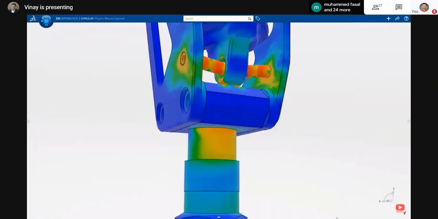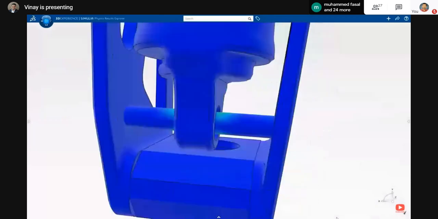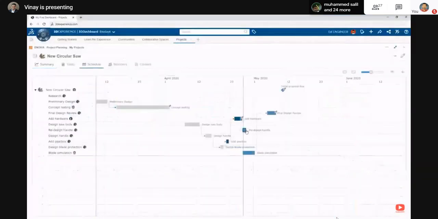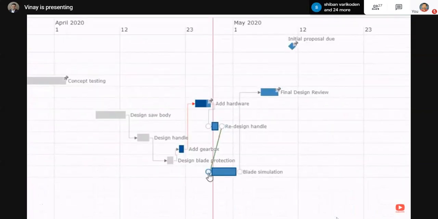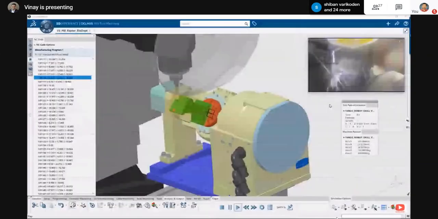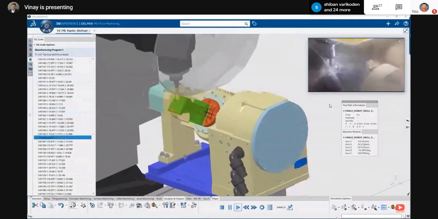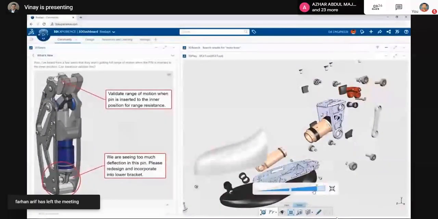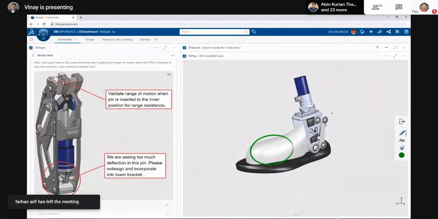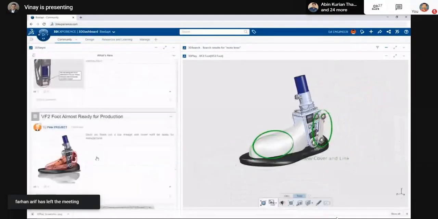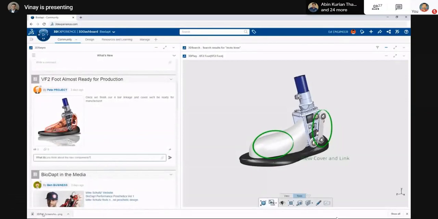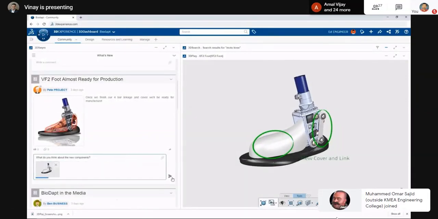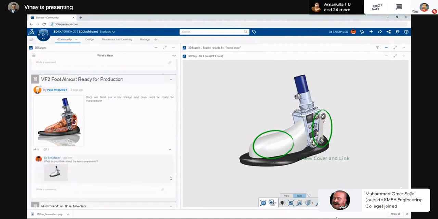As your business grows, the 3D Experience platform grows with you. Validate your design decisions using Simulia. Take your project management to the next level with integrated project planning tools. Access powerful CAM functionality with Delmia, and so much more. The traditional definition of the workplace is changing, but that doesn't mean that progress comes to a halt. All of these powerful tools make it easy to go from concept to design to manufacture and beyond, no matter where your team members are located.